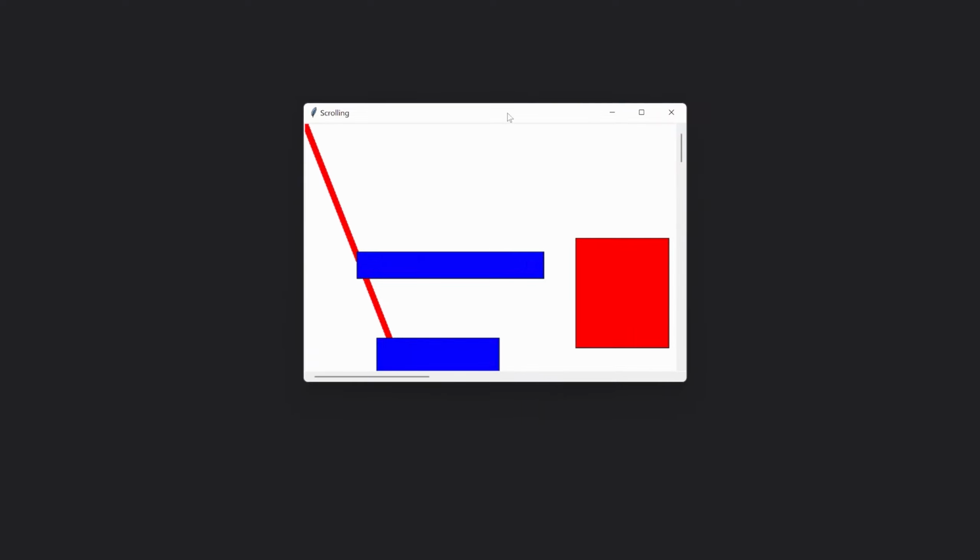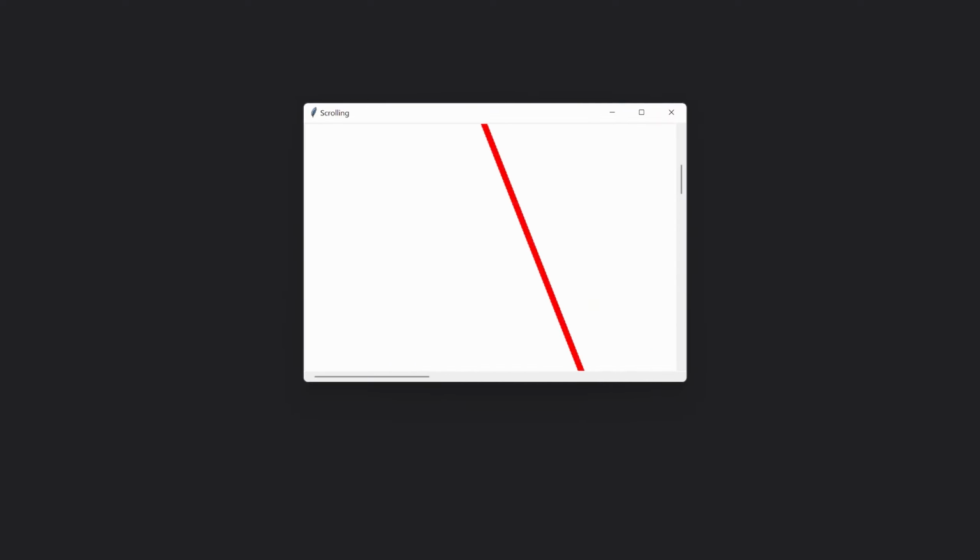A really important part that I haven't covered yet is scrolling, which is going to look like this. We have a canvas, and on this one, we have custom scroll bars that go up and down or left and right. Right now, this really doesn't look too impressive, but what we eventually can do with this is something like this,